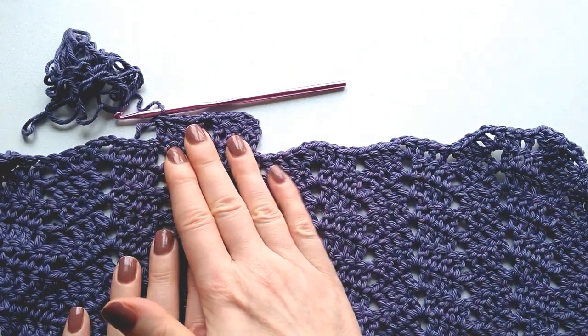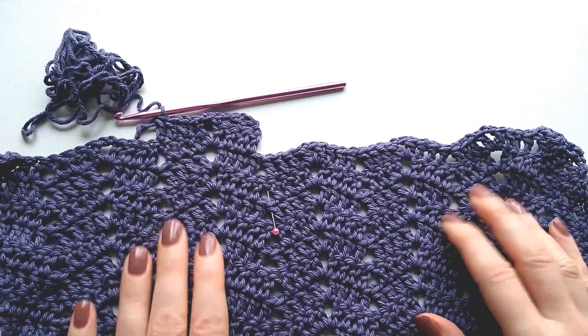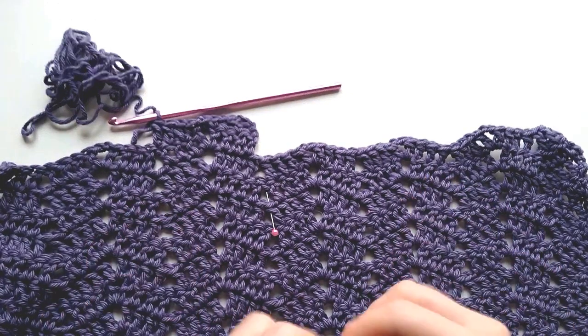And once you've worked this all the way along, you'll have a lovely straight edge that will help you when you're doing your seaming. So that is your lacy chevron crochet, and I do hope you'll give the sweater a